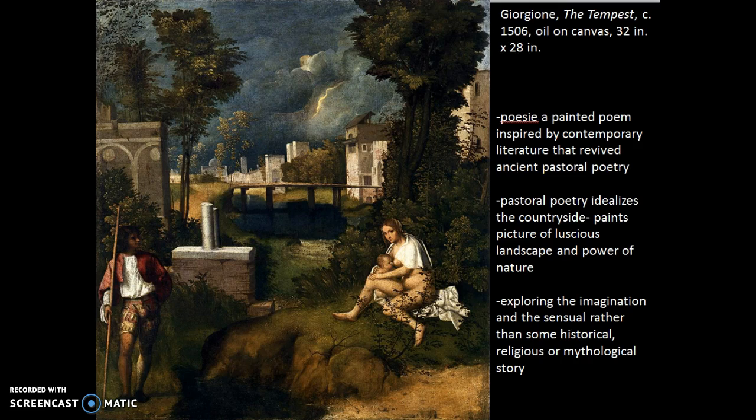It was painted shortly before his death. Now, art historians are baffled about what's going on here. There's much debate about it. It's really not something that we saw before in the Renaissance. So we think it's an example of these posy paintings,